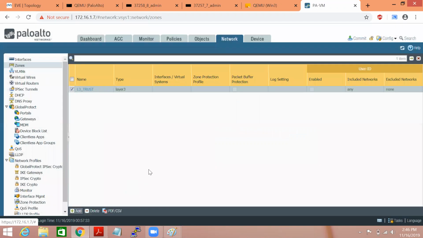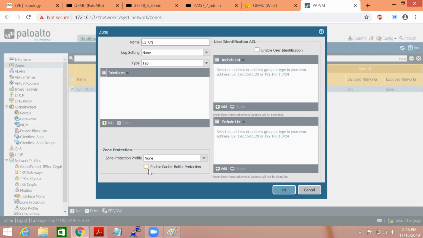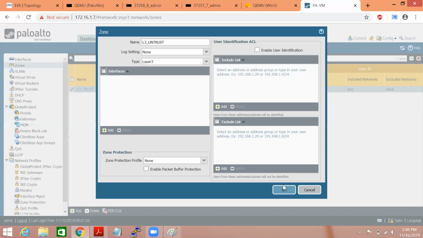Again, next zone, which is L3 untrust. L3 and then OK.